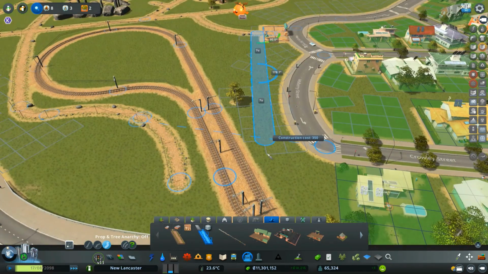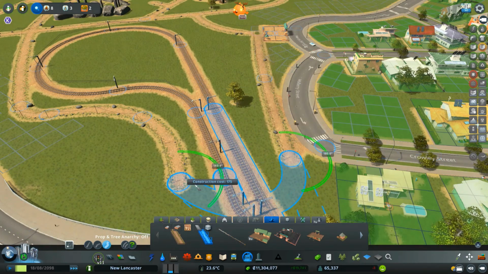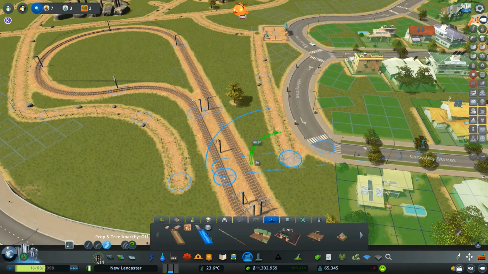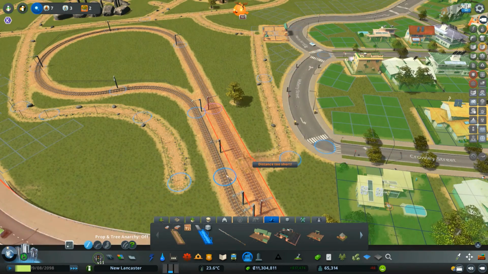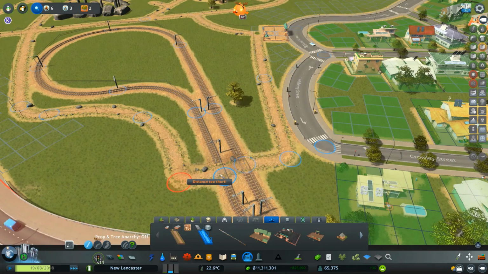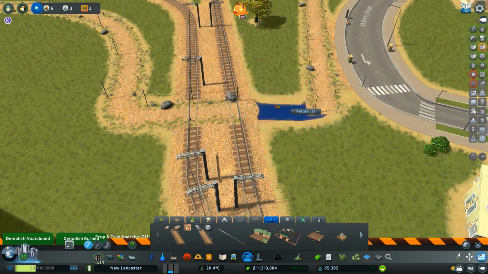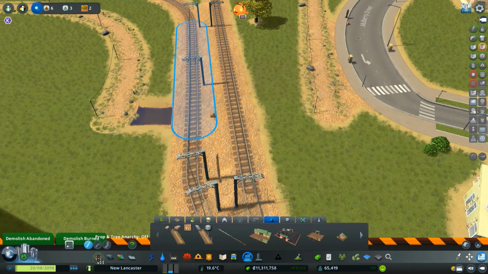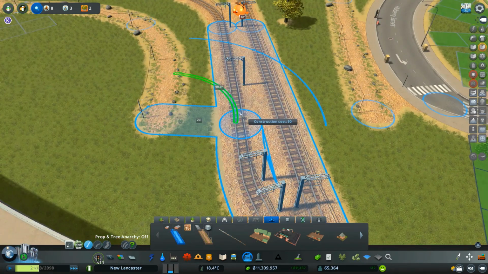And we will get a pathway right here. And I'm not sure if these can connect, like, oh, you can. Huh. Just gonna use the non-decorative one.